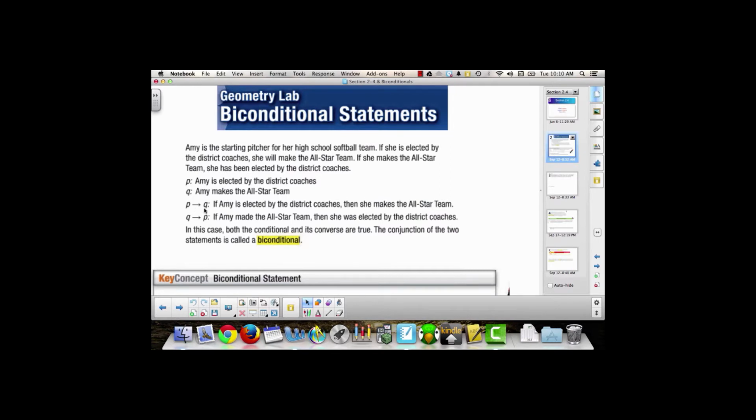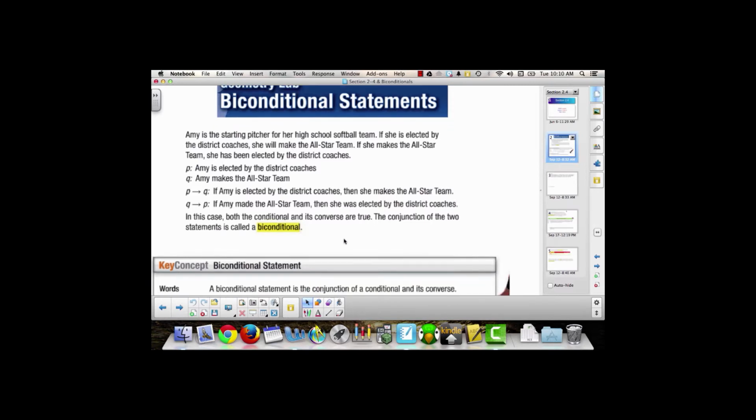Say P is Amy is elected by the district coaches, and Q is Amy makes the all-star team. If P then Q would be if Amy is elected by the district coaches, then Amy will make the all-star team. The converse of that, if Q then P, would be if Amy made the all-star team, then she was elected by the district coaches. The conjunction of that, the biconditional, would be